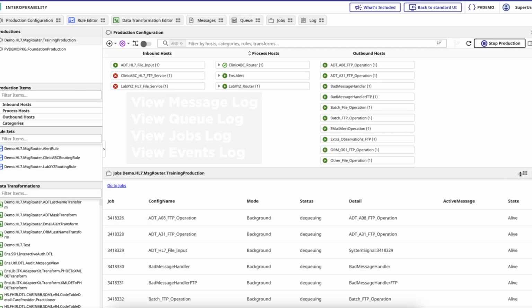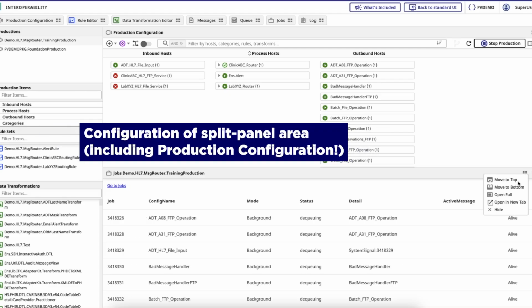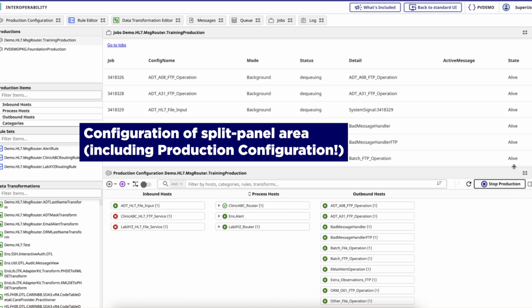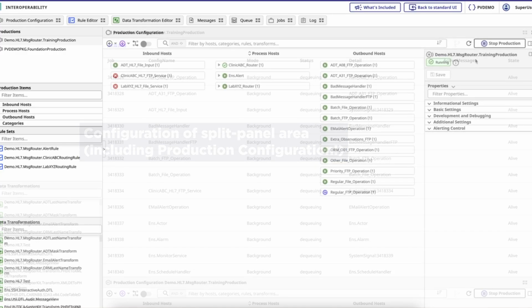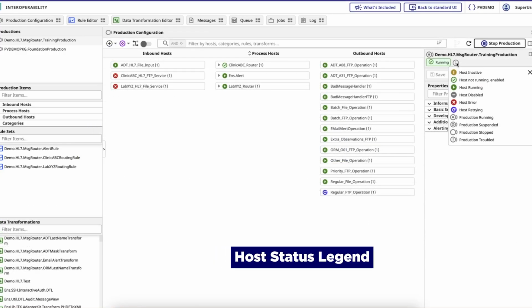Each of these applications can be opened in split panels to be moved to the top or bottom, including the production configuration, on your screen for easier viewing and troubleshooting between each dashboard. Lastly, a legend is available as a guide for the several visual indicators corresponding to the statuses of the hosts in the production so you can quickly address